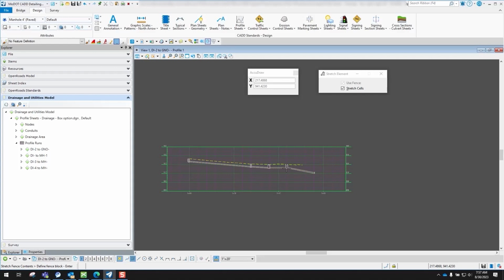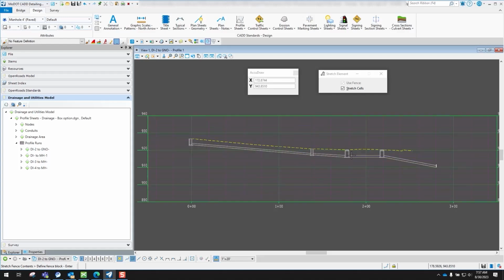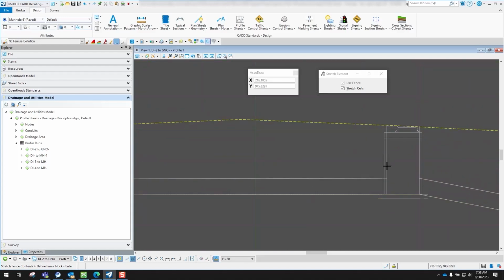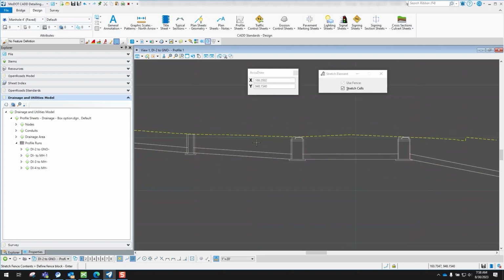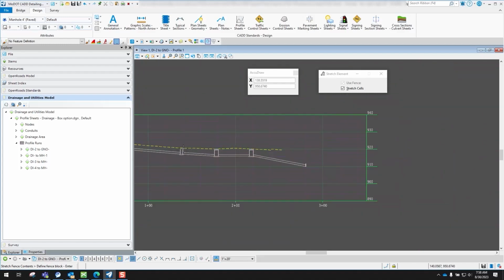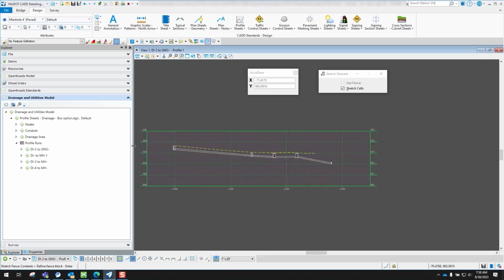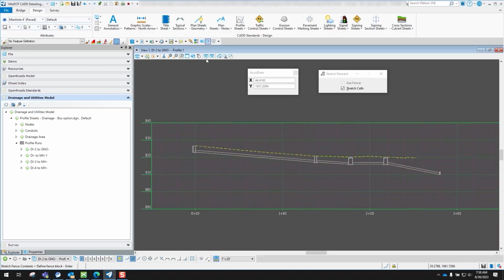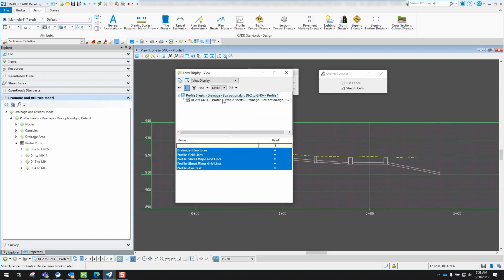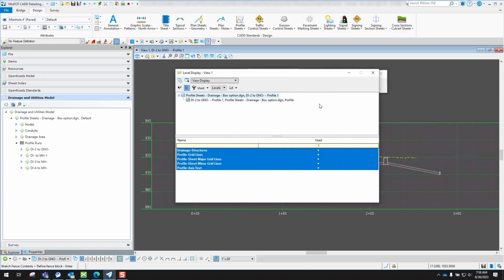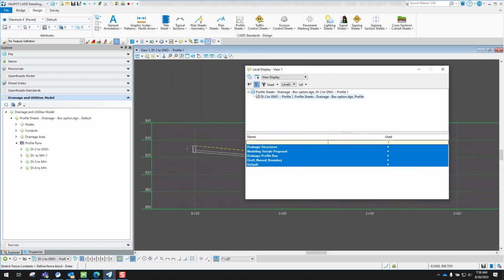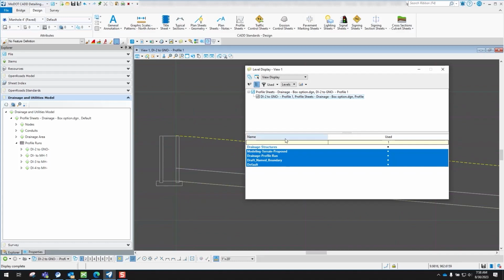So once I've done that for this example here, you'll notice that I still have these boxes right here still out there. Well, I can turn that off if I don't want to display those anymore. All I would need to do is simply come up and go to my level display, go to this right here because it's looking back at that default model, and then there's a level in there that's called drainage structures. I can just simply turn off that level, and you'll see that it will turn off